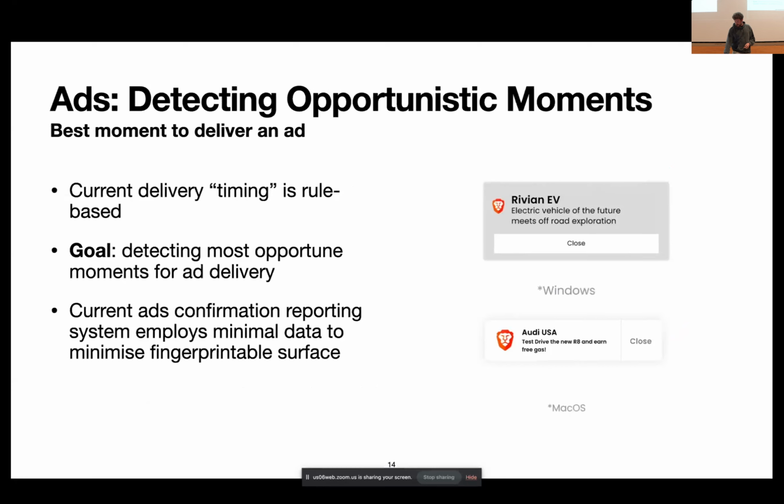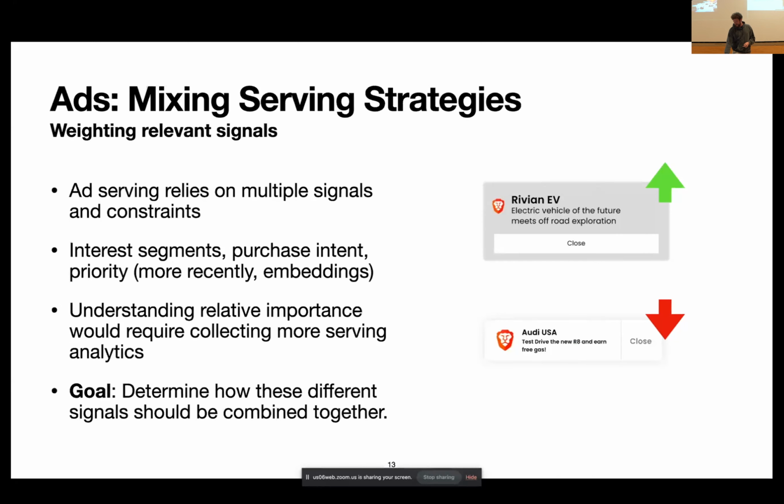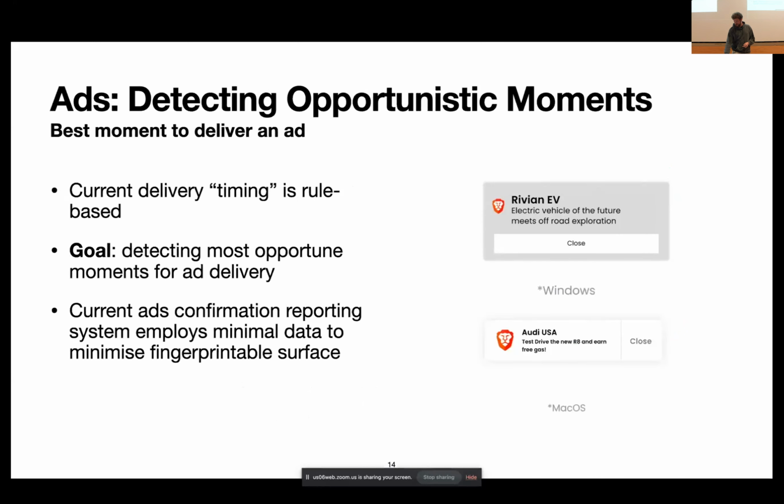Another application for ads, I think I got it. You just basically need to switch by 2. And another